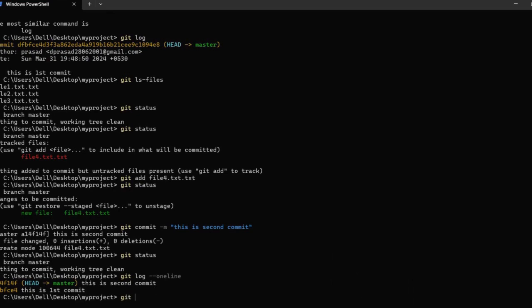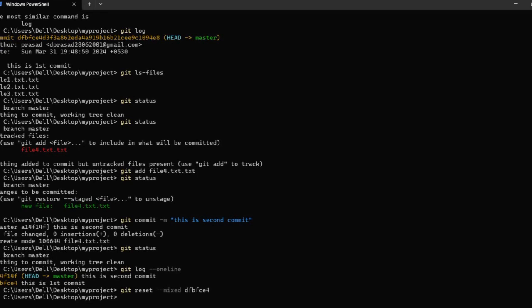Now I type this command, git reset, and the mode is mixed, and then enter the commit ID. So here you can see, if you want to undo this commit, you do not enter this ID. You enter this ID, then only it will delete it. So I copy this, and type this: dfbfce4. Let's enter. Now I again type this command, git log